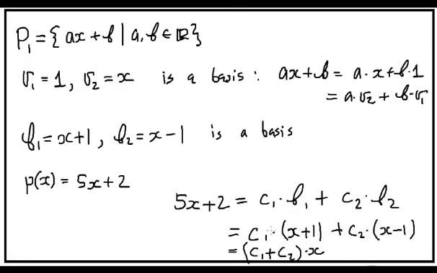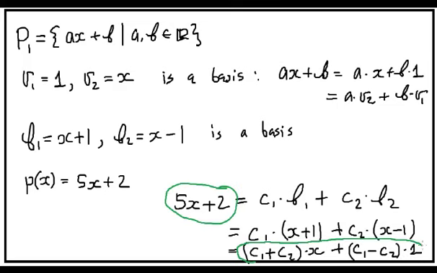So now we are doing the calculation to work out what the right-hand side polynomial is. And so we get C1 plus C2x by rearranging the terms and opening up the brackets and then closing them again in a different way, plus C1 minus C2 times 1. And so, because we want this polynomial to be the same polynomial as this one,